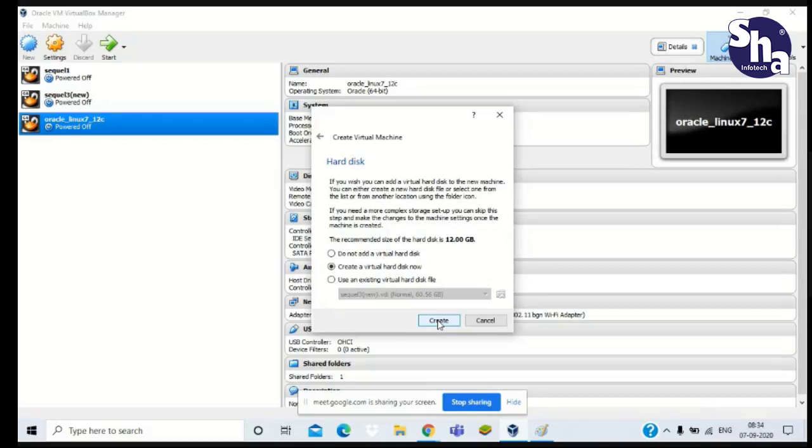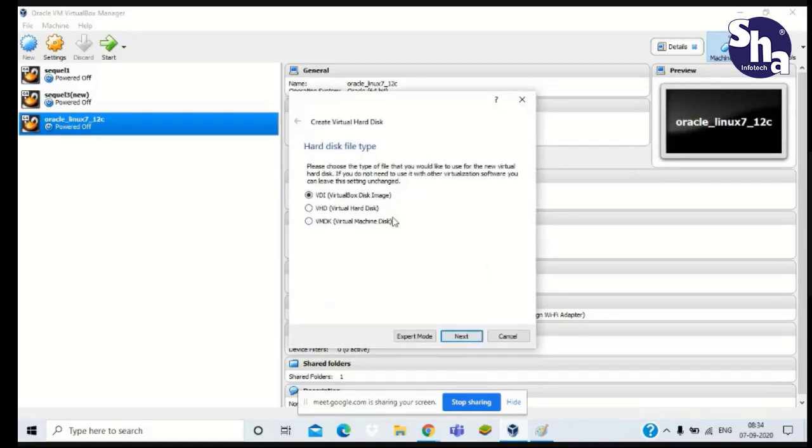Now every machine has some hard disk, so you have to give some hard disk to it also. So you are adding this hard disk here. We have to select the option create a virtual hard disk now, and click create. Clear? Yes, sir.